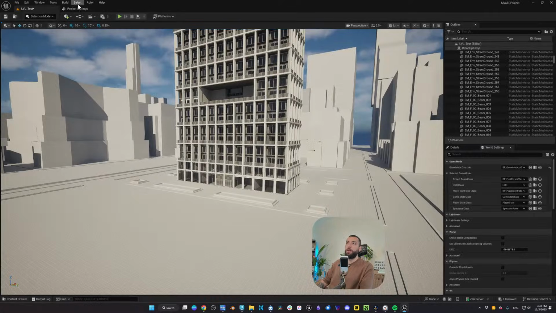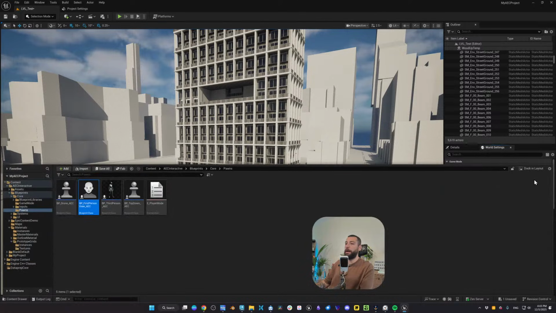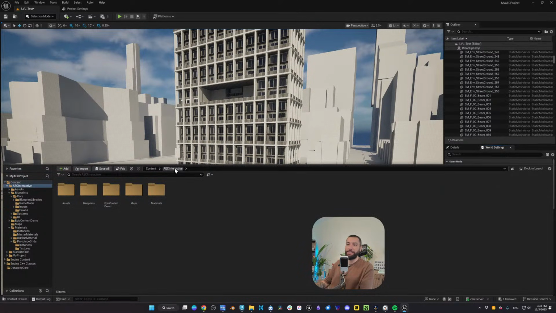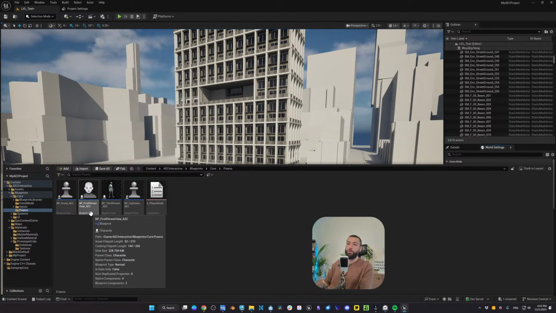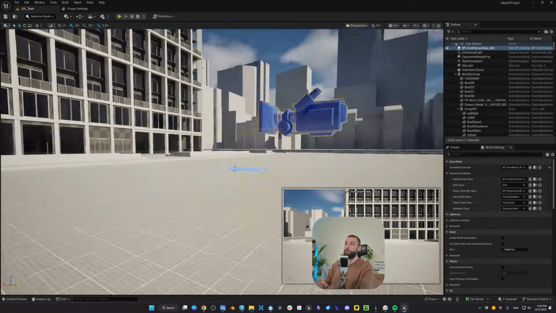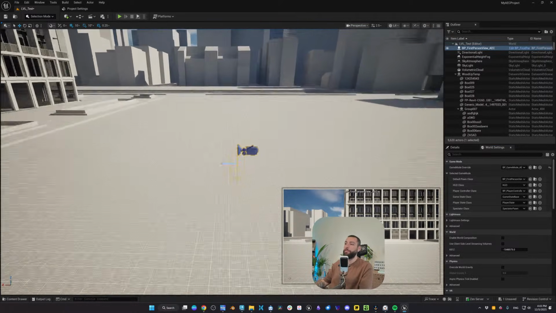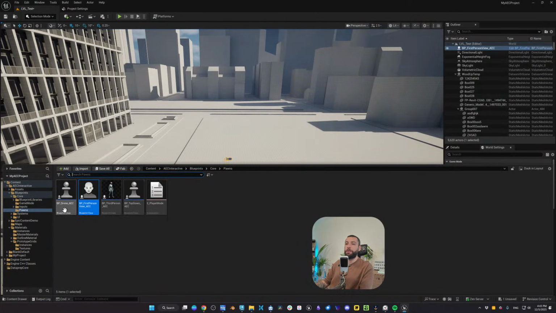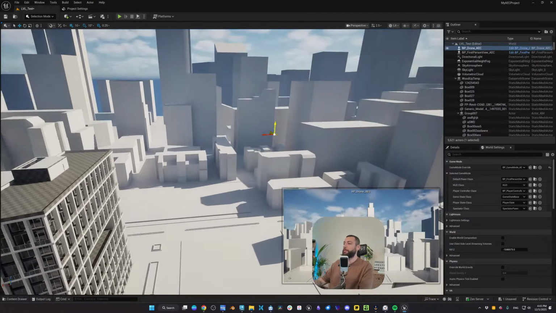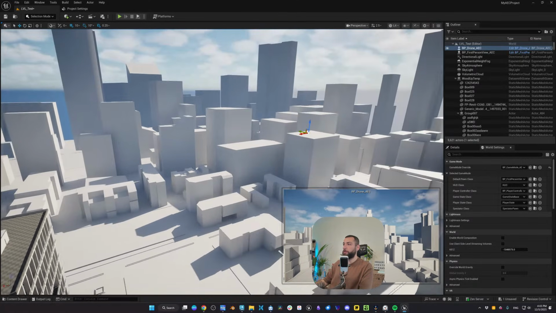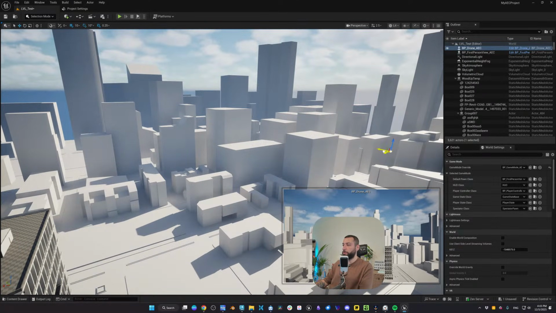Step number three, you want to click here on default pawn class, and you want to find the pawns. So under AEC Interactive, if you go to Blueprints, Core, and then Pawns, these are the characters you can explore the project with, and you can simply click and drag. So let's say I want to be able to have first-person perspective within my project. I would click and drag and add this to my world. And let's say I want to have the drone mode. We can click and drag that and add it to my world. And let's say I want to start from this view. You can do that. So let's do this.